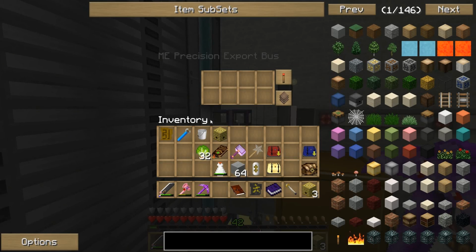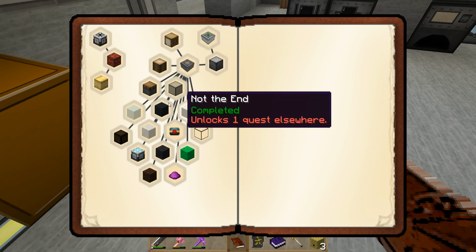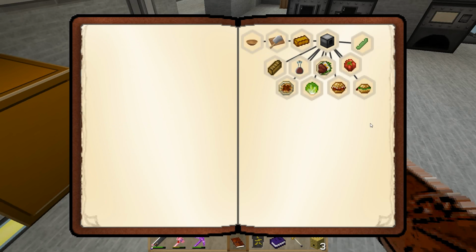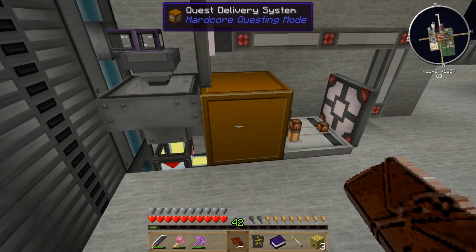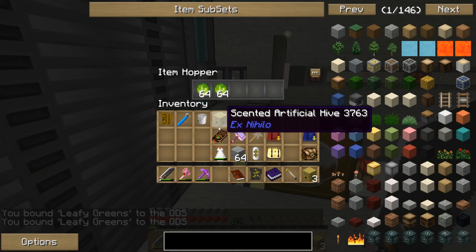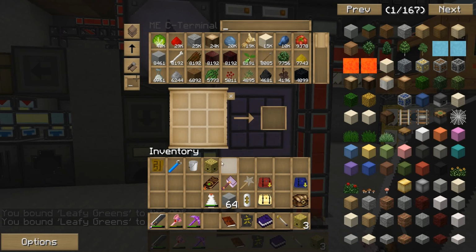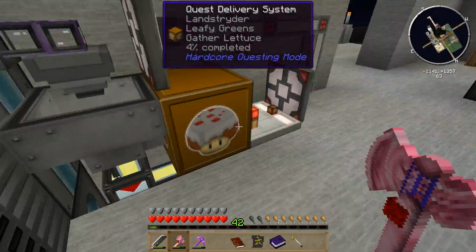If I go ahead and tell this to do lettuce, and then come back up here to the Hell's Kitchen quest line, there's only 2 left in here. Leafy green, so I can go ahead, select that, and tell it to start doing that. And yeah, it's going to start pumping in crazy amounts of lettuce real fast. Especially now that I got the duct under there,